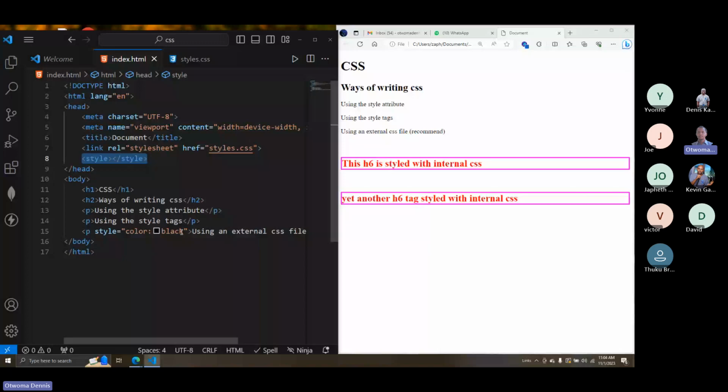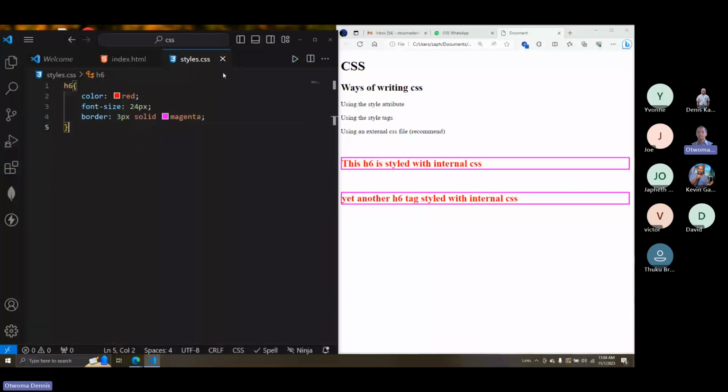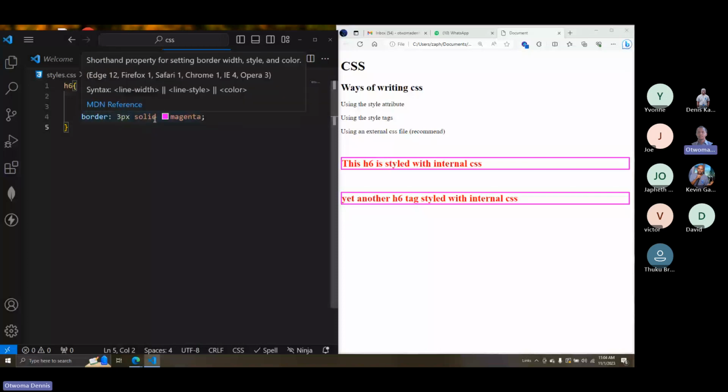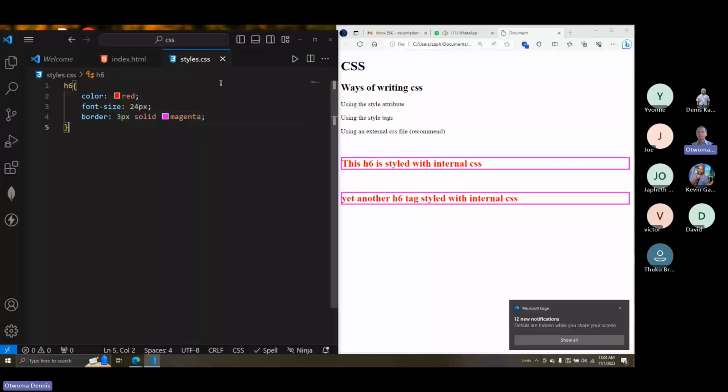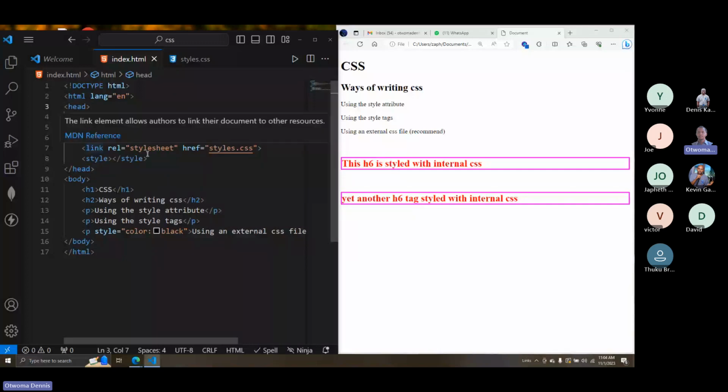And this is essentially what you're doing. And I've told you guys, whenever you're using an external CSS file, remember to tell your HTML which CSS file that is, and this is how we do it. Just use link rel equals stylesheet, href equals the path to your CSS file. Now, one last thing before we move on to the next concept is that you can actually